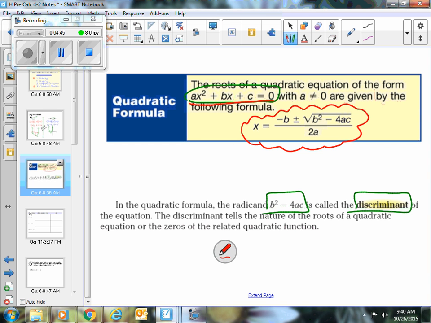What are the a, the b, and the c? Those are just the coefficients of the terms in that quadratic. So a is always the leading coefficient, b is always the linear coefficient, c is always the constant. So when you look at the values that you get, just be careful, be aware, this part of it under the radical, the b squared minus 4ac part, is called the discriminant. So the part under the radical, not with the radical, but that number underneath,